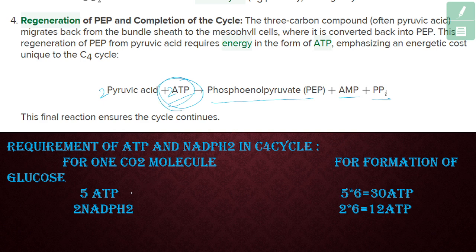So in total, 3 plus 2 equals 5 ATP are used, and 2 NADH are used for 1 CO2 molecule. For 1 CO2 molecule, 5 ATP and 2 NADH are involved, whereas in the formation of glucose,